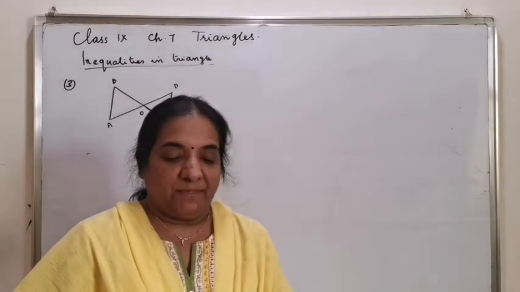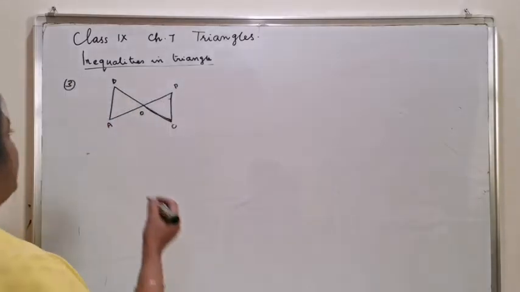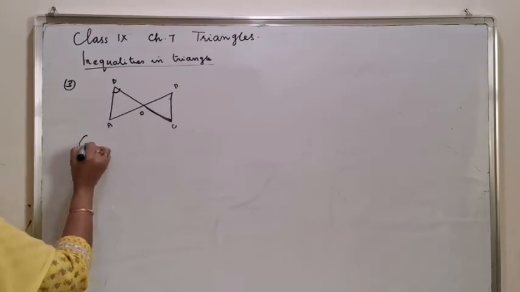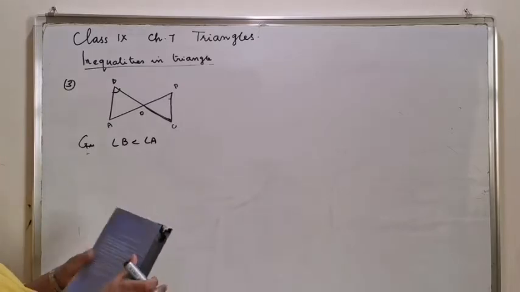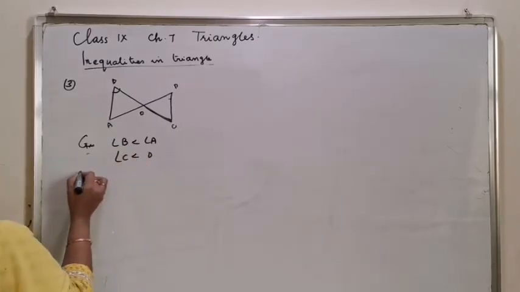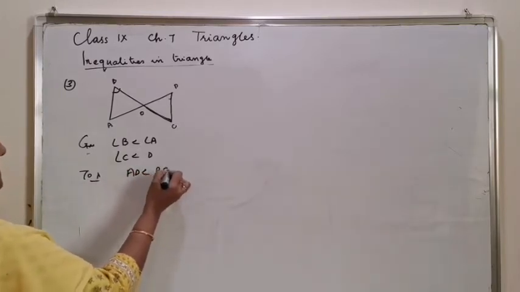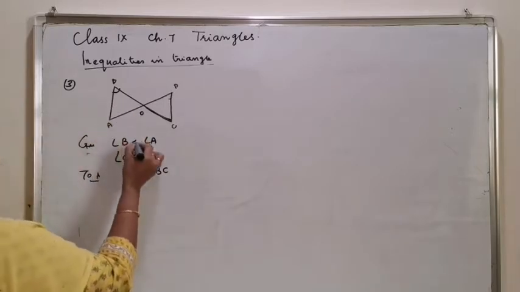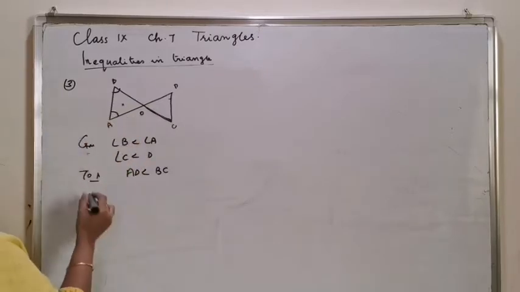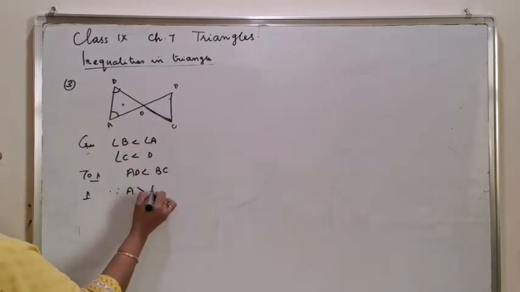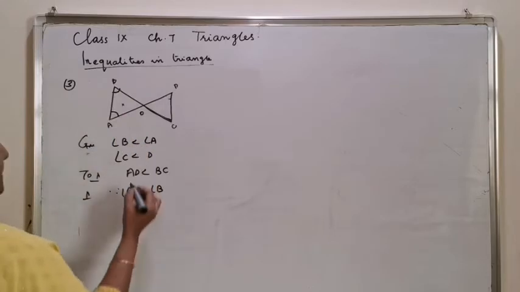Question number 3. In the figure, angle B is smaller than angle A. It's given that angle B is smaller than angle A, and the second condition is angle C is smaller than angle D. What is to prove is AD is smaller than BC. It's a very simple proof. Since B is smaller than A, you can take it as, since A is greater than B, to easily understand, since A is greater than B, that is